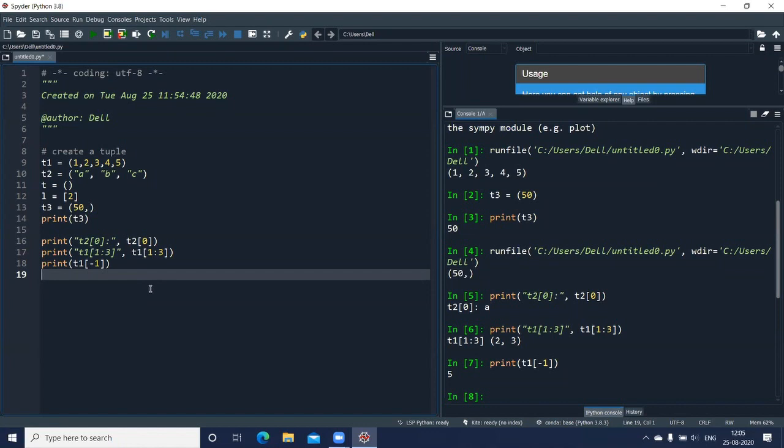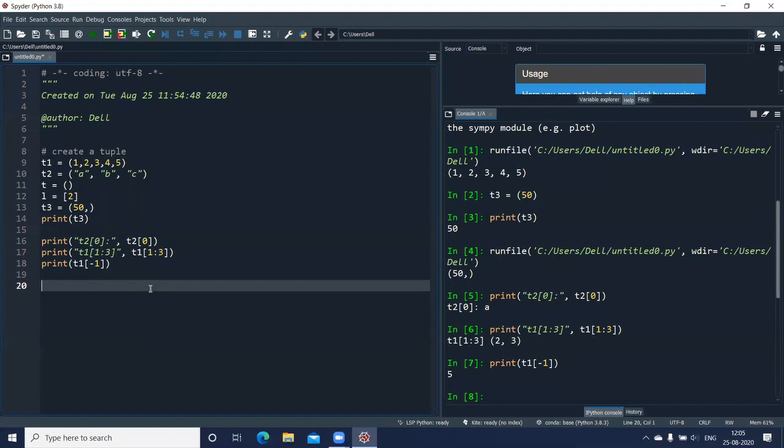Now, if I want to make changes to my tuple, let us say I want to change the value at index position 2. So T1 square bracket 2, and I want to assign a new value here. Let us say the value is 25. Now as I told you, tuples are immutable.